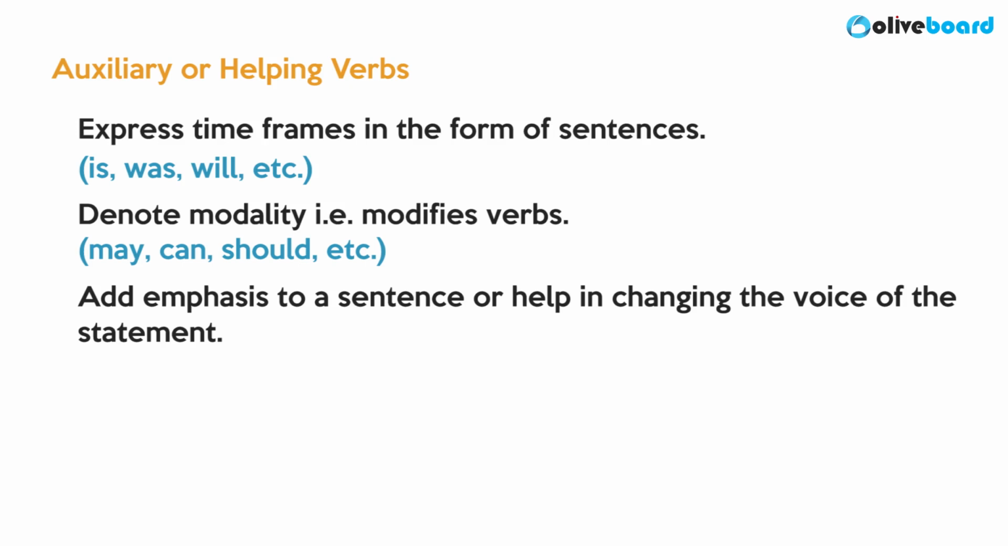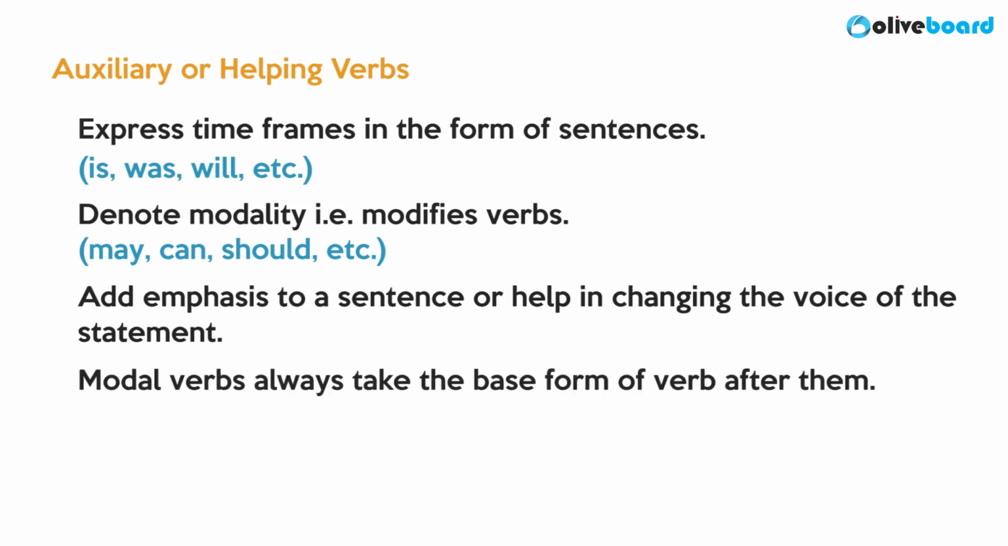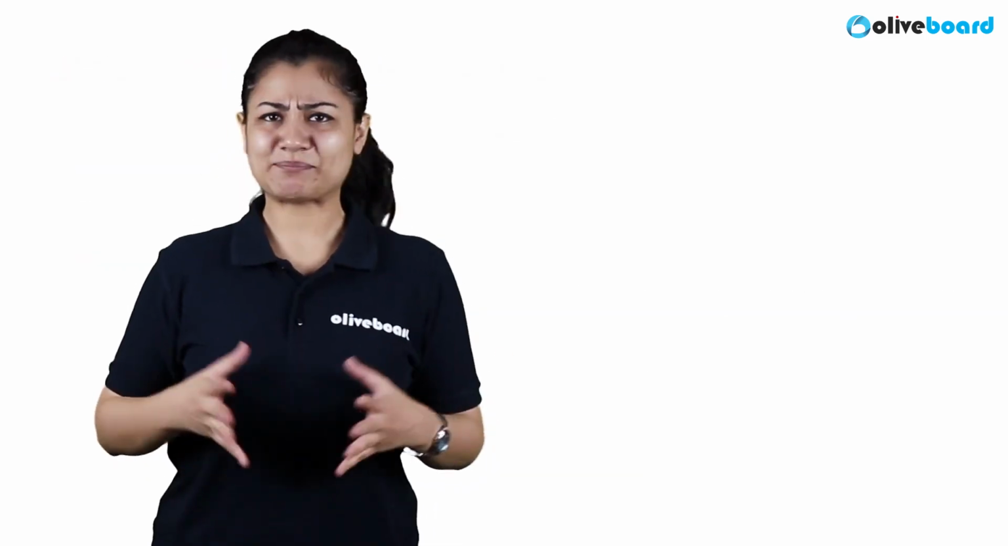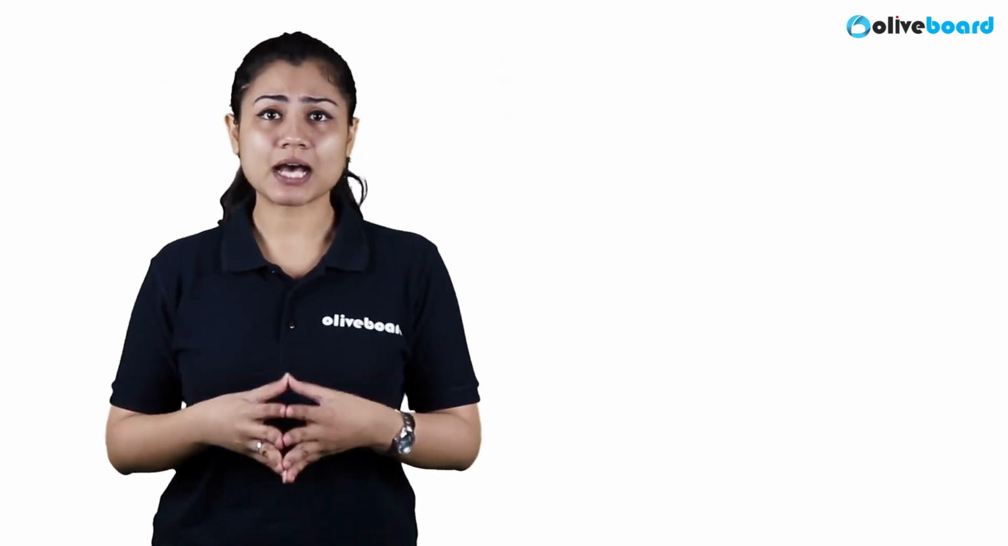So here is a tiny rule about modal verbs. Modal verbs always take the base form of the verb after them. For example, I wish I could play PUBG all night. As we can see, here after the modal verb could, we have used the base form play. In another example, the waiter shall take our order in a while. Right after shall, we have used the base form take. Fairly simple, right? Moving on to our last and the most important rule for this lesson, which is of subject-verb